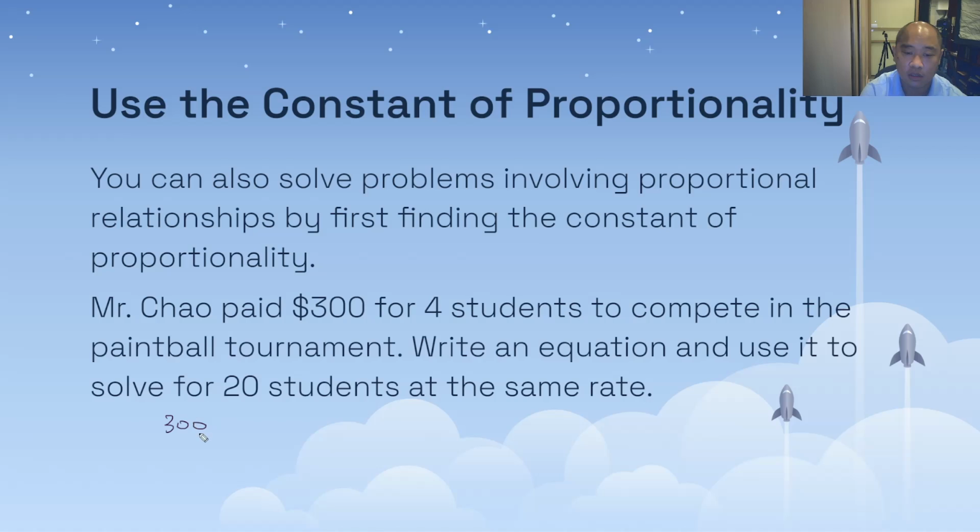$300 for 4 students equals our constant of proportionality, right? And so that would be divided by 2 is 150, and then divided by 2 again is 75, right? So 75 equals K. So if we're going to write an equation to solve for 20 students, we would need to know, if it's $75 for each student, then what number of